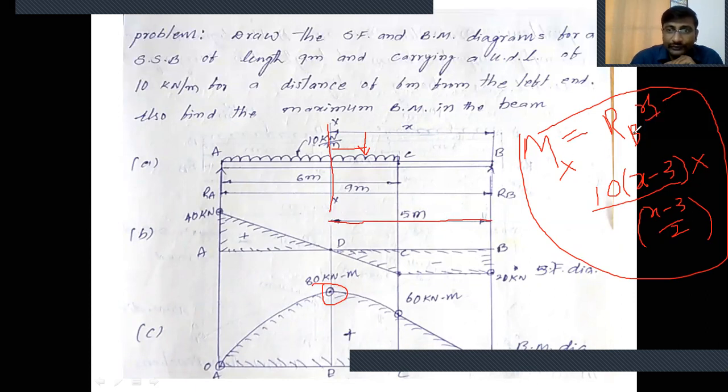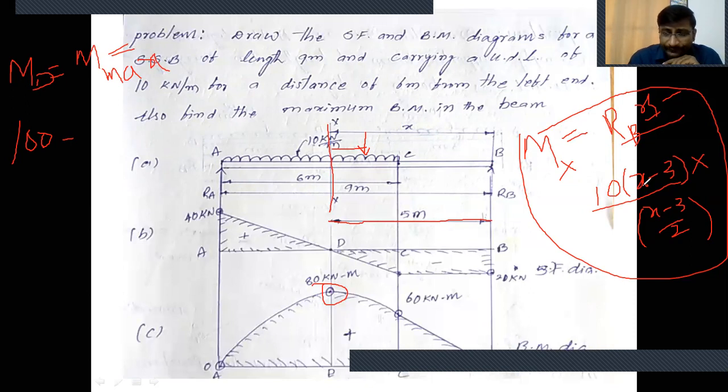So the RB value is 20 kilonewtons, 100 minus... we can get the bending moment at D, that is the maximum bending moment. Otherwise it can be written as Mmax. Okay, students, this is the maximum bending moment, or bending moment at extra point D. It is equal to the 100 value if we substitute x equal to 5 meters.